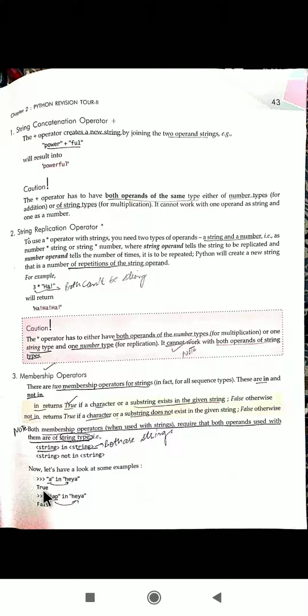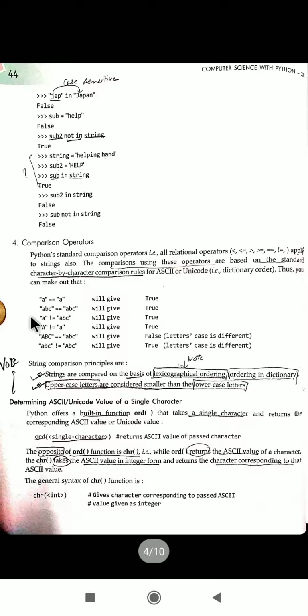So it will return true, otherwise it would have returned false. Another example, it is taking 'Jap'. Is 'Jap' a part of here? No. So it will return false. Next is 'Jap' in 'Japan'. See, we know Python is case sensitive. So if you give a small j, this will not be a part of it. So it will return false.